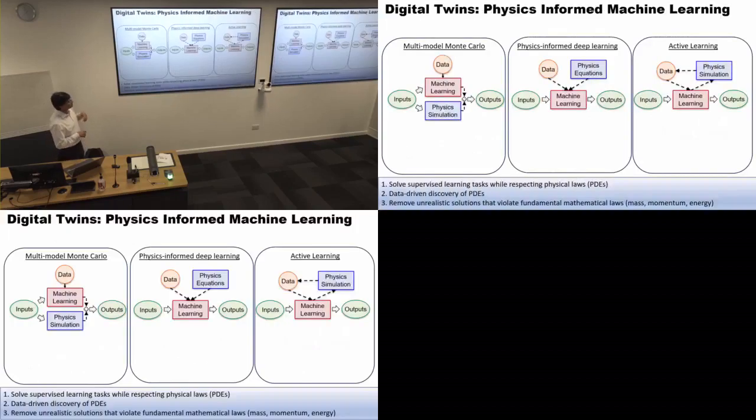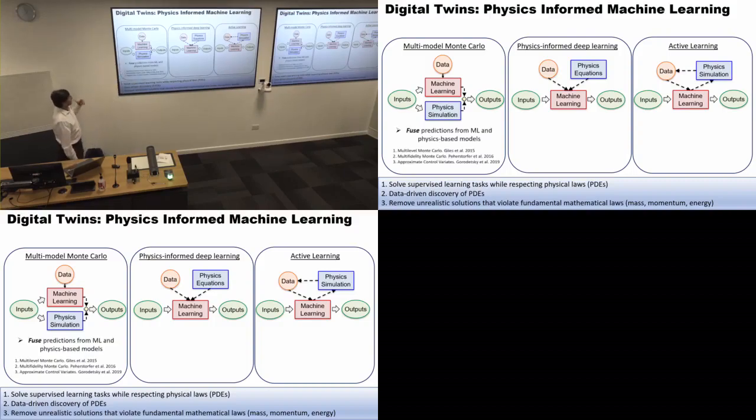Now, there are three ways we could embed physics, or we could work within physics as well, and that's, by the way, pretty common. I would be explaining three ways. So one is that we could use predictions from machine learning and physics-based models to see what the uncertainty is. To some extent, if both physics and machine learning models are telling the same story, then we don't need to worry.